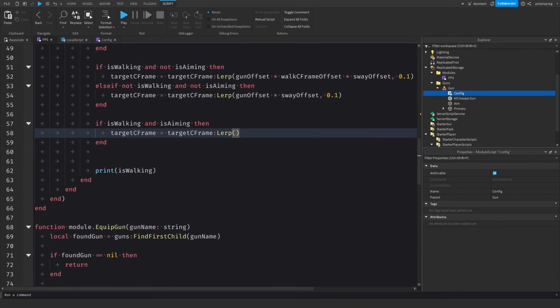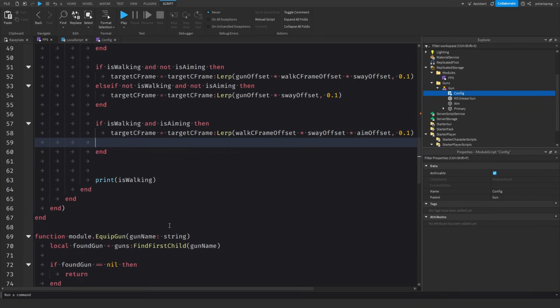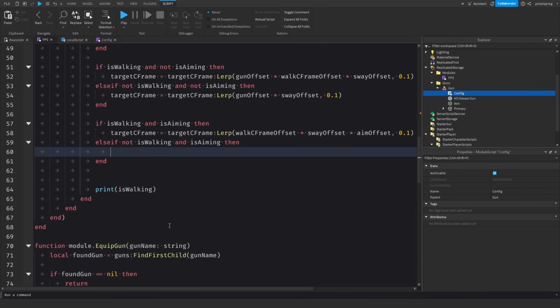Okay, I need to zoom in. Lerp, and we're going to do walk c-frame offset, and we're just going to multiply that by sway offset, and we're going to multiply that by aim offset, 0.1. Else if not is walking and is aiming, then target c-frame equals target c-frame lerp, and this time it's going to be just sway offset multiplied by aim offset,